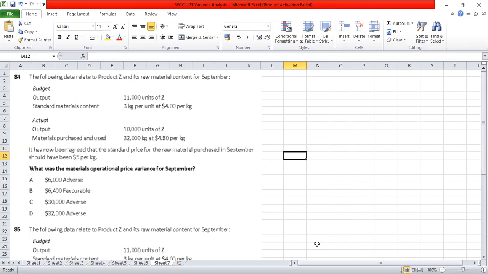Material price variance will be the difference between the standard price and the actual price. The actual price is 4.80. The standard price has to be taken at 5 per kg, and the difference in the price is applied at the actual quantity. How much is the actual quantity? The actual quantity is 32,000. So just apply 32,000 into